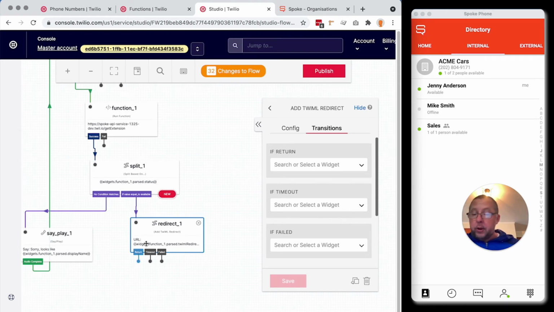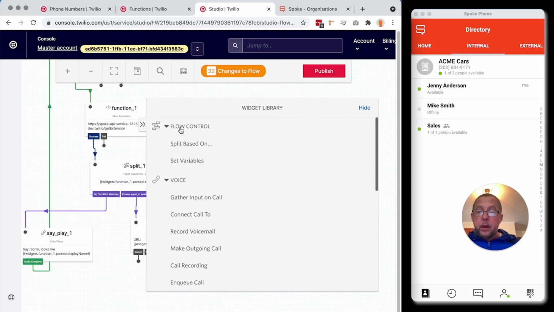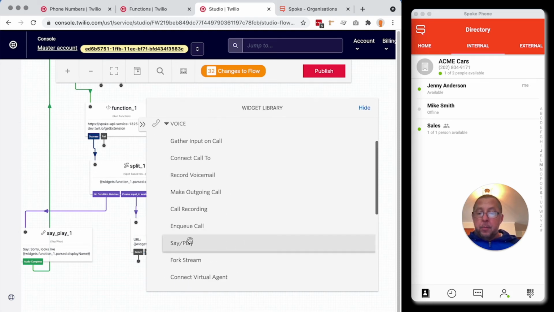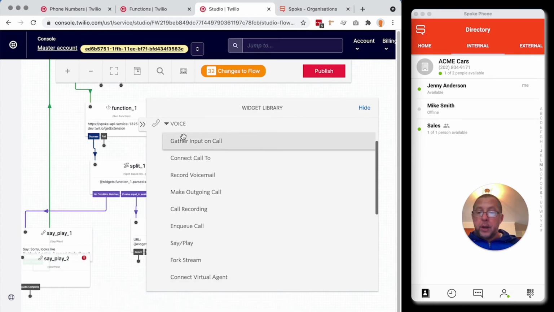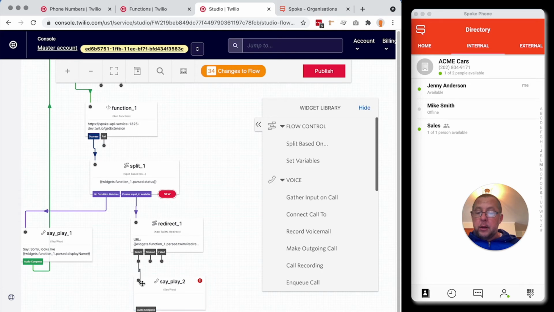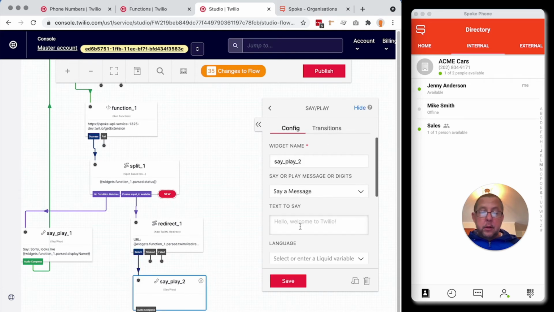And so what we're going to do is add another say in here, and we're going to follow exactly the same pattern that we followed before with the say and play when the user wasn't available. And we'll say, okay, sorry, name